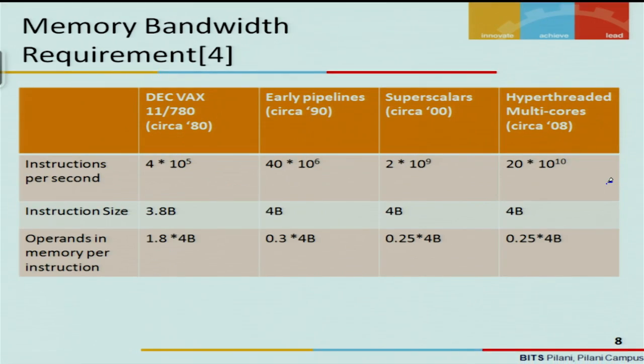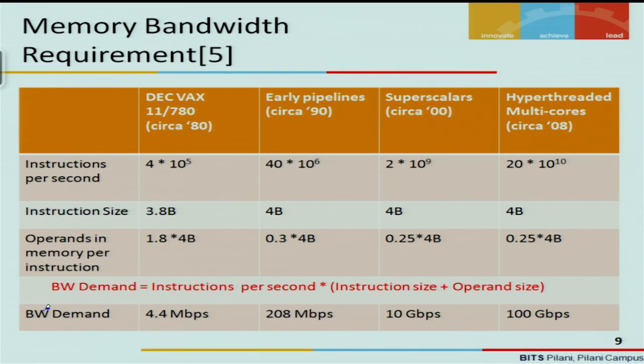processors. Now, this instruction per second and the instruction size, if you multiply these two, and the operands in the memory per instruction is required. So ultimately what I want to calculate is the bandwidth demand. The bandwidth demand calculation will be the number of instructions per second multiplied by the instruction size plus the operand size. So the amount of data per second